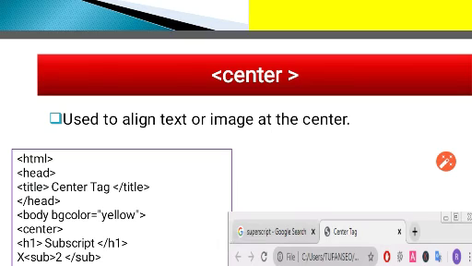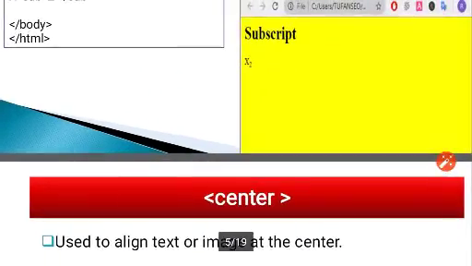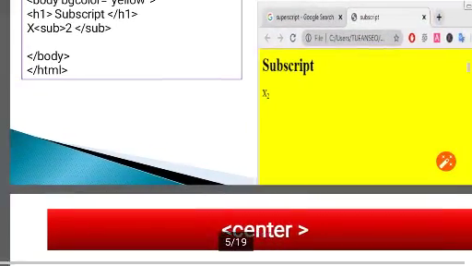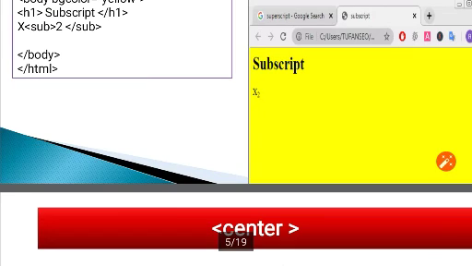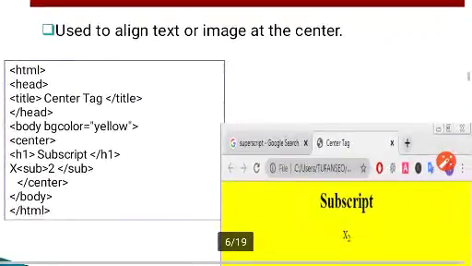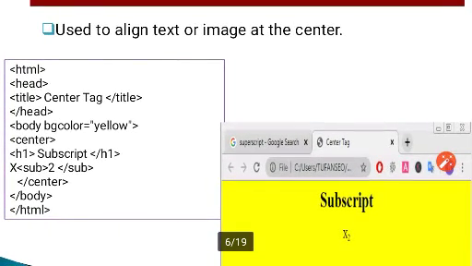Suppose you want to align any text or image at the center of your web page, that time we have to use the center tag. You can see in this web page the subscript is on the left side. We haven't aligned it. Normally we align the heading at the middle of the web page, right? With the help of the center tag we can align that at the middle of the web page like this.